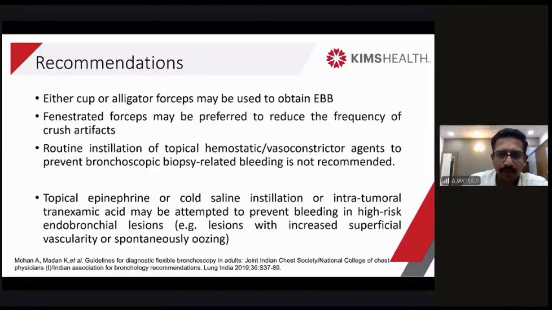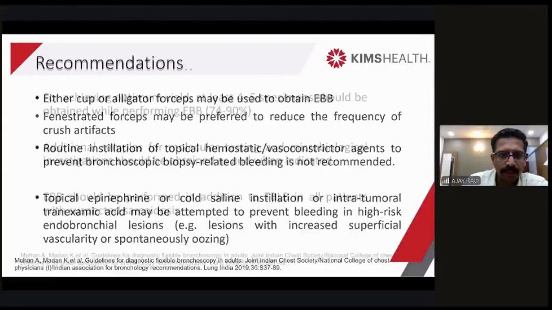Any forceps can be used, including fenestrated forceps, and hemostatic measures, all this will be discussed during the panel session. So what you have to remember is that